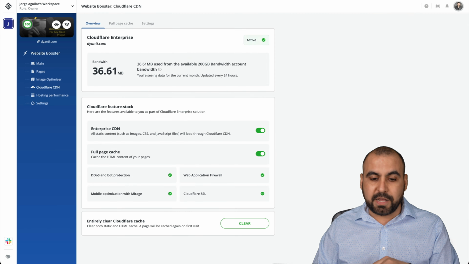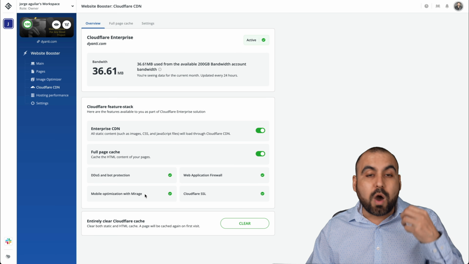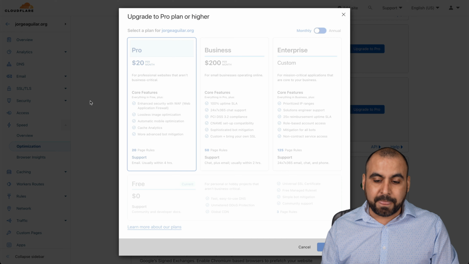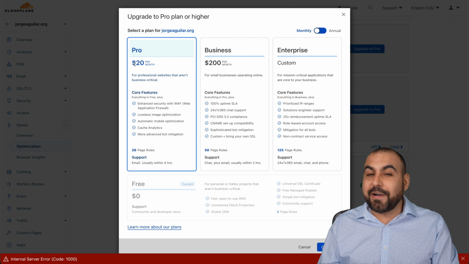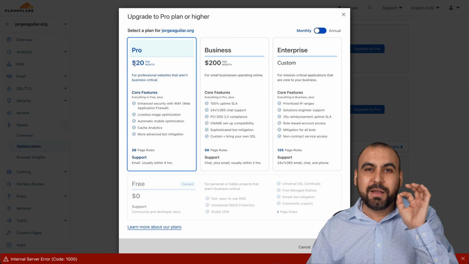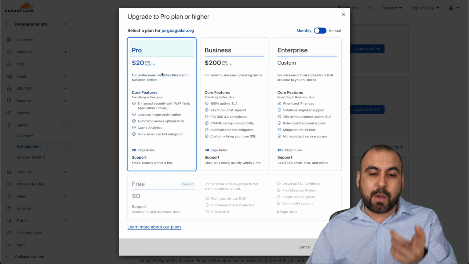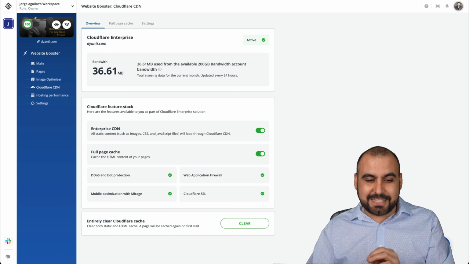So Mirage is available on the Pro plan and over. So if you just wanted Mirage, that would cost you $20 a month. And let me show you one of my sites. So this is one of my sites. And if I wanted to enable Mirage on Cloudflare, I'd have to jump into the Pro version, okay? And the Pro version is $20 per month, okay? So if I just wanted that single feature from Cloudflare, I can get this from 10Web Booster for much less than what I would be paying for just the Pro version. Okay, just to give you an idea.